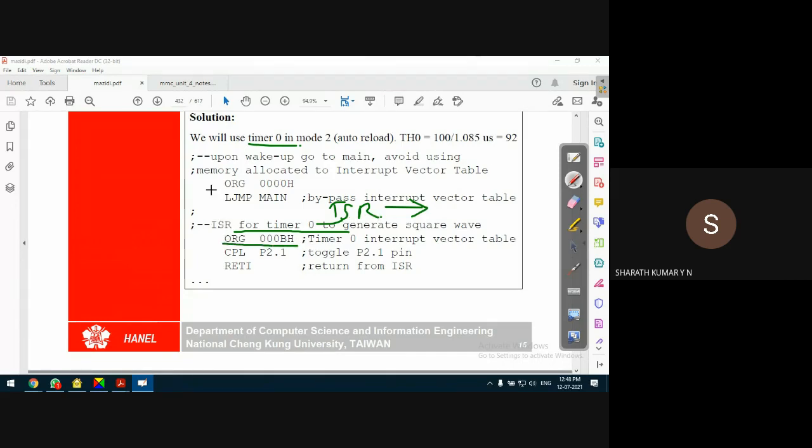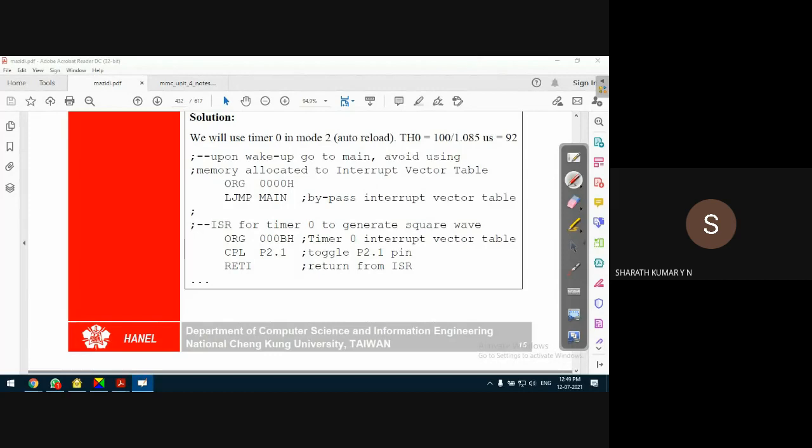Why? Because whenever the interrupt is due to timer 0, the microcontroller will automatically jump to this location. If you change this address, it will give a wrong result because the microcontroller assumes this as the default location. If you store the ISR in some other location, program execution will result in erroneous output. It will execute, but it will not serve the purpose.